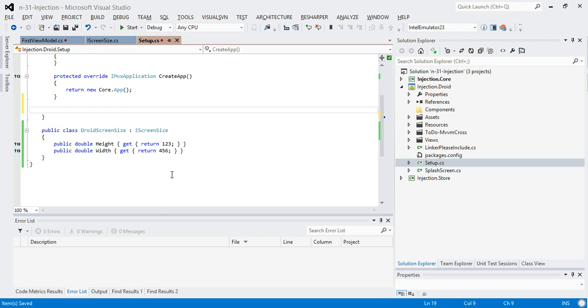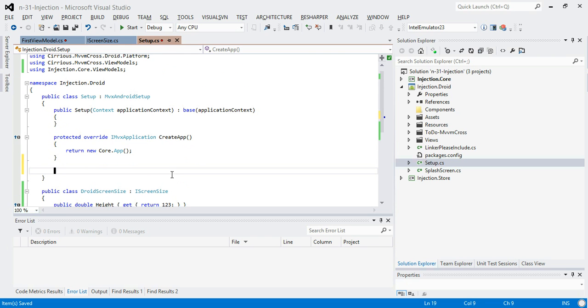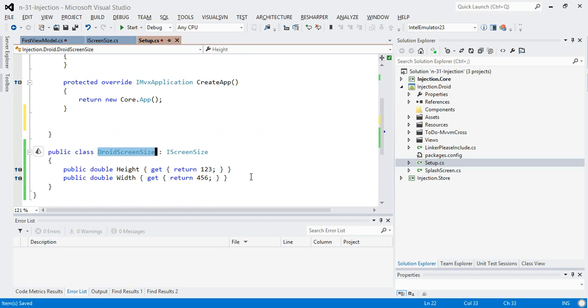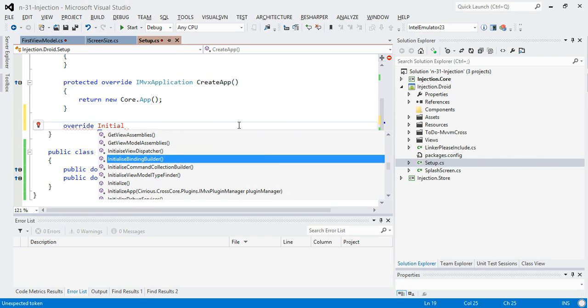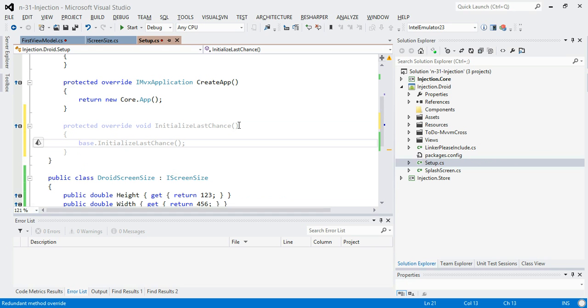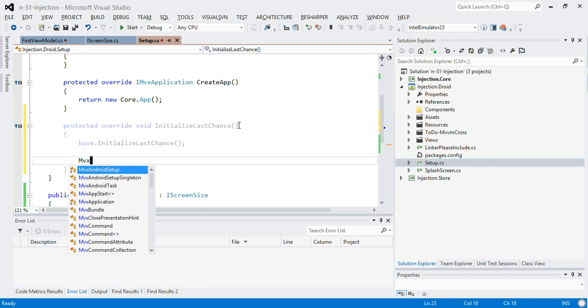Then what we'll also do, in this setup project, is register. We want to tell the inversion of control system, the service resolution core, that whenever anyone asks for a screen size, please give them a DroidScreenSize. There are various ways we could do that, but let's just override here in Setup an InitializeLastChance method, which, not too surprisingly, is the last thing that gets called in the whole of setup. So we'll call base.Initialize, and then we'll call Mvx,